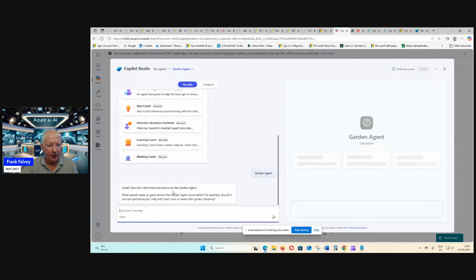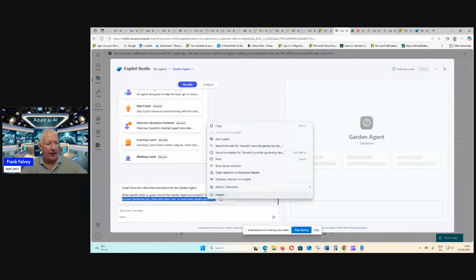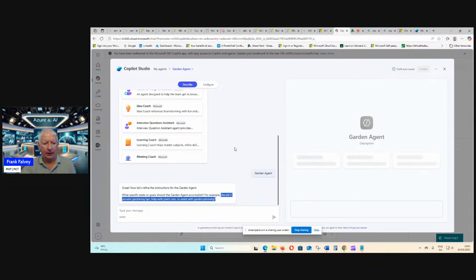So yeah, it came up. Great. Now let's find the instructions for the garden agent, right? What specific tasks or goals should the garden agent accomplish? For example, it's given us, for example, should it provide gardening tips, help with plant care, or assist with garden planning. Okay, so we want this. So what I'm going to do is I'm just going to copy this part, and I'm going to paste it down into here,